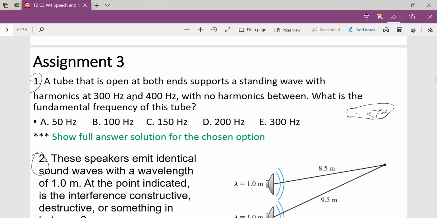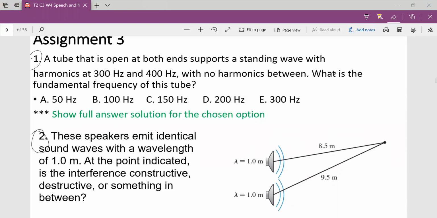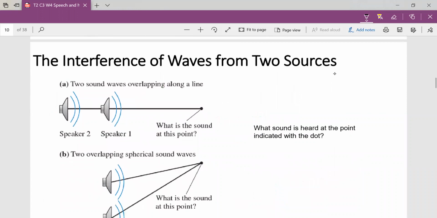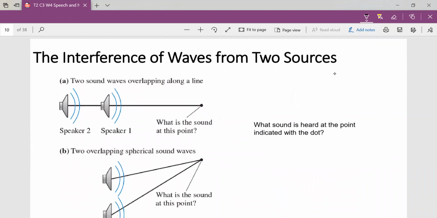So please endeavor to add the assignment of the slide to the one that will be given from your test as well. Okay, so this will form a part of our assignment 3, and I expect you to show your working, not just for this one. We have the options, and I'm expecting you to show your solution on the particular option you choose.